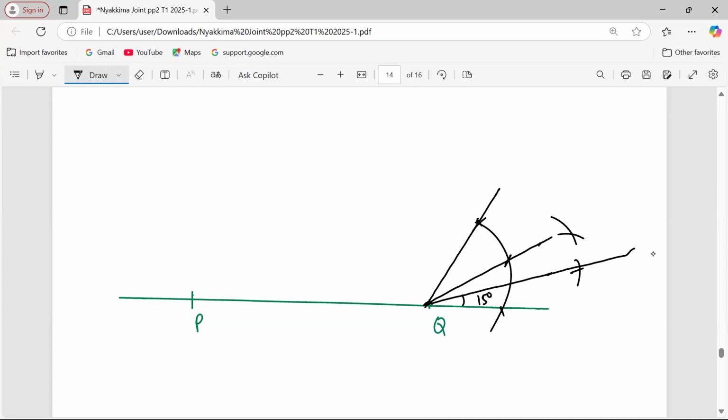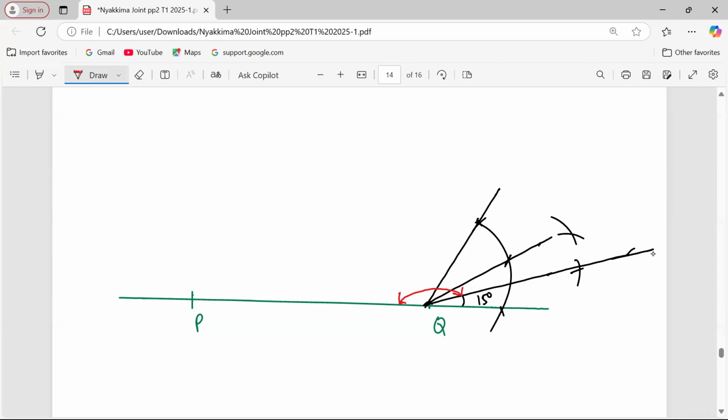If that is 15 now, the whole of that angle, this one marked with red, the whole of that angle is